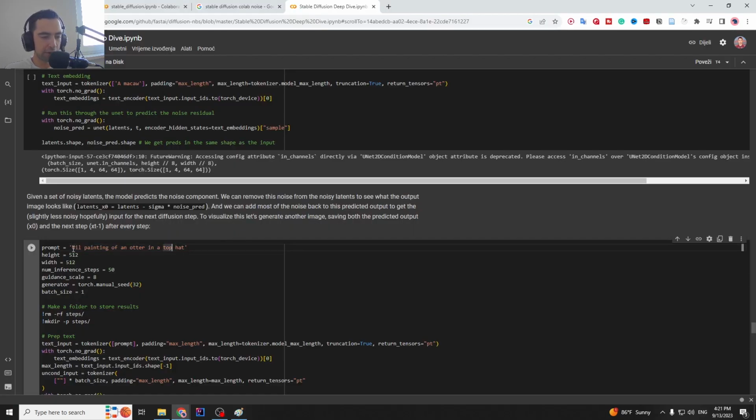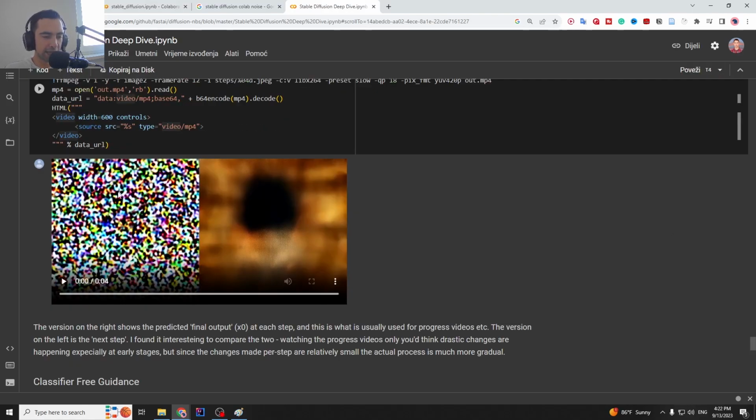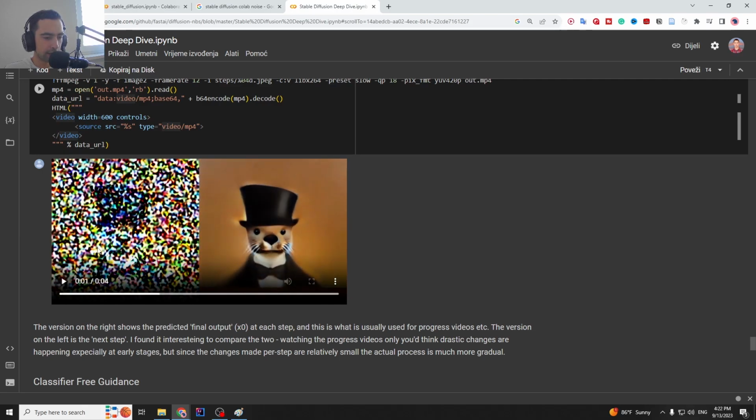Let's say we want to generate a picture of an oil painting of an otter in a top hat. This is what Stable Diffusion would do. On the left side, you can see the noise. It starts from the random noise. On the right side, you see the subtracted noise that is currently subtracted. So in the beginning, let's just look at the left side. It starts with random noise. Then you can see that it's predicting the noise and it's subtracting it such that this picture of an otter is